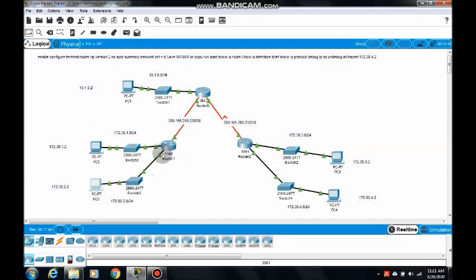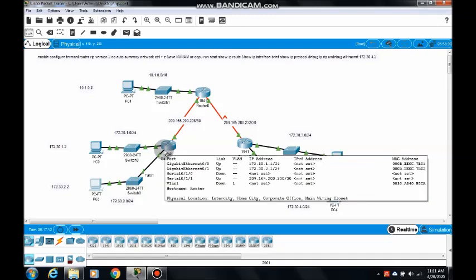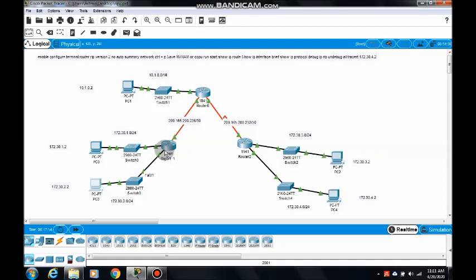This 172.30.2.1 is the IP address given to this interface. So this is the configuration of this network. Similarly, you can configure the PC of this network and the PC of this network.